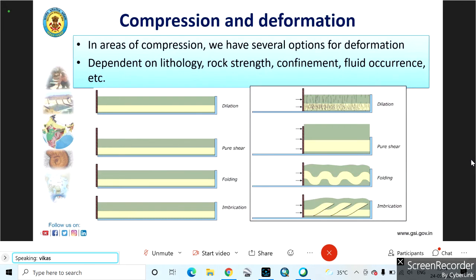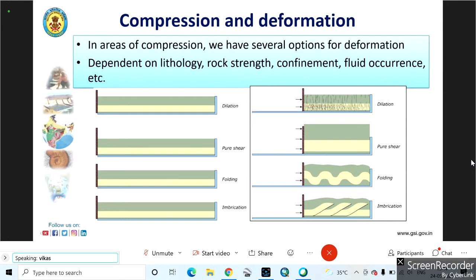All right. Now, I just gave a very brief introduction to these structures. I might have missed a number of other structures also, but these are very common ones which you will be seeing. Now, when we go in the field, you will be seeing a number of post-depositional structures, which are mostly guided by tectonics, or local factors also.